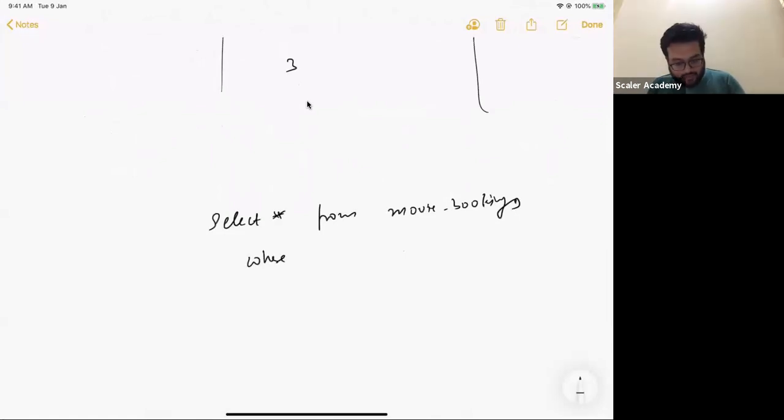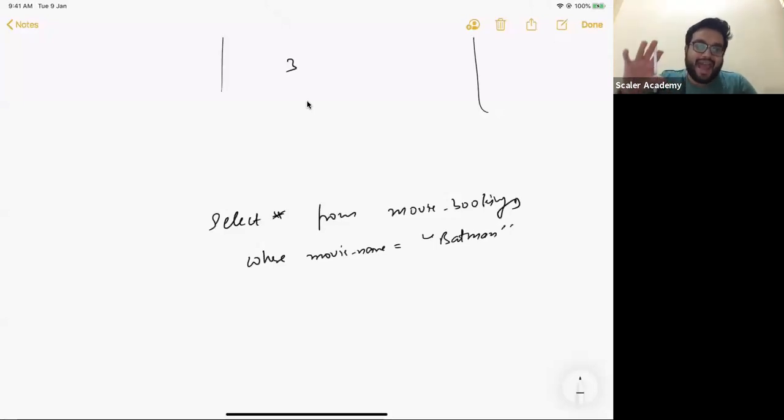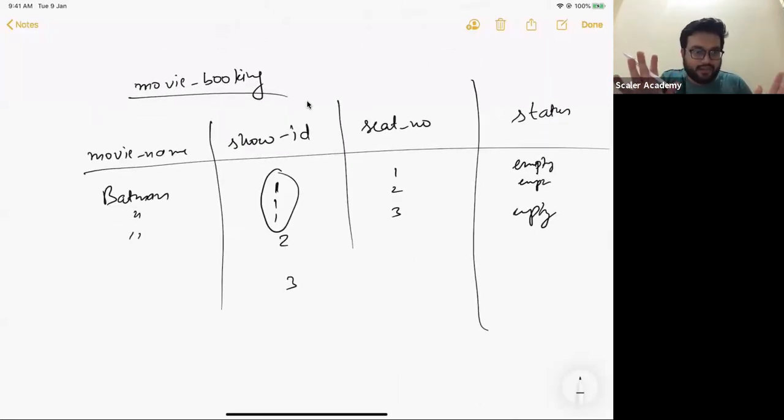Now a where clause where you will say the movie name is equal to Batman. And of course, this is not a good DB design because you would not want to have the movie name and the data about that movie all in one single table. Does that make sense to you guys? You would actually want to normalize it. You would want to have a table with the movie ID and the details about that movie. So let's say movie ID, then movie name, then its duration, etc., right? So you would want to do that. But here, just to simplify things, I'm assuming that all these things are stored in one single table. Does that make sense to everybody? In a real life scenario, you would want to normalize this across multiple tables.